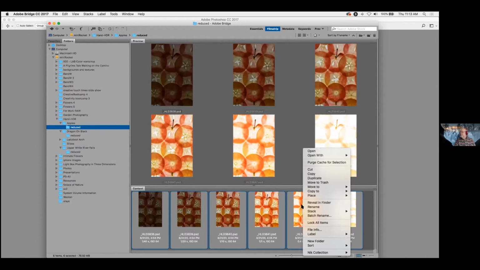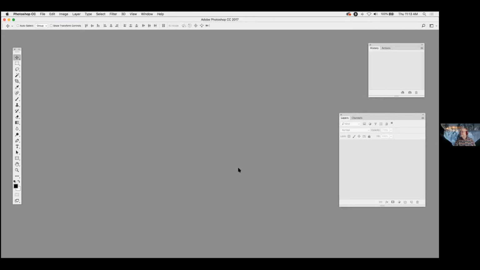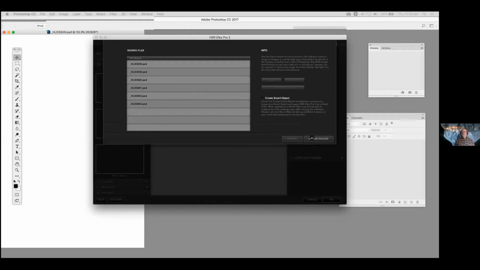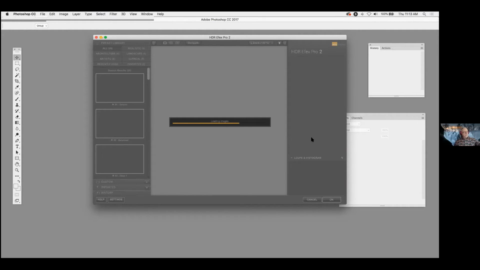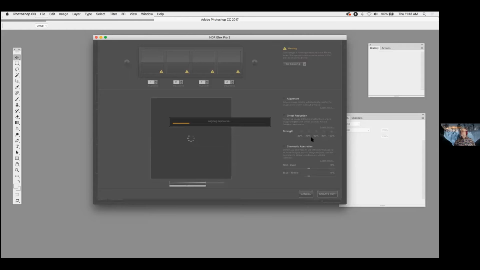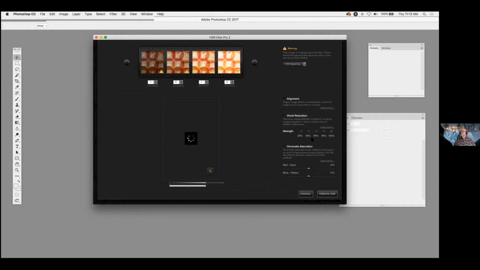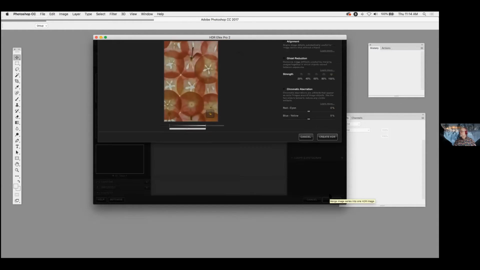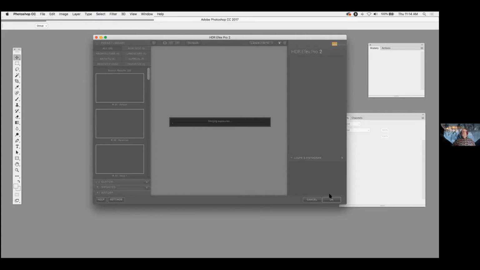What happens when you run this through automated HDR? Let's find out. So you can see that our